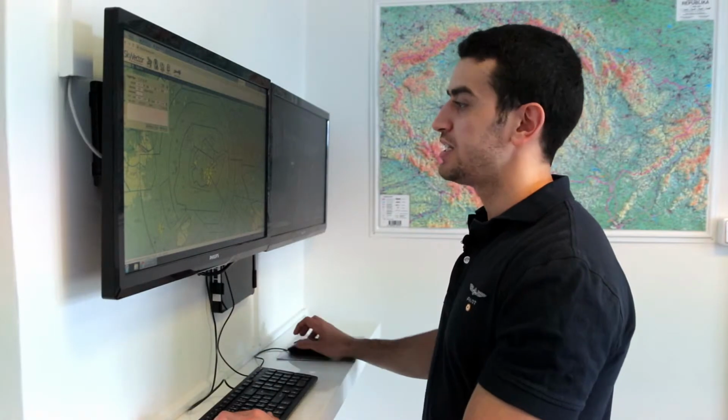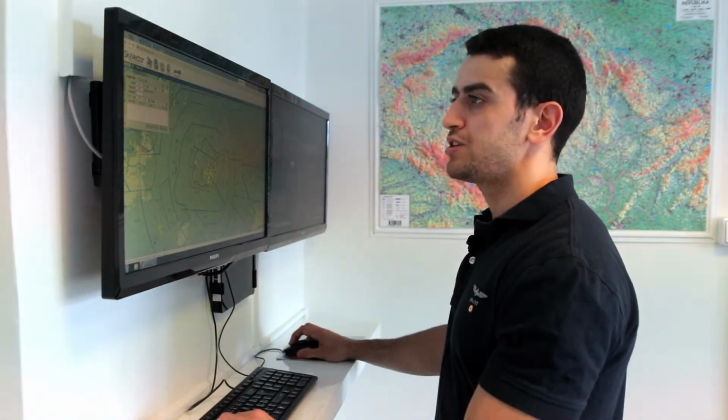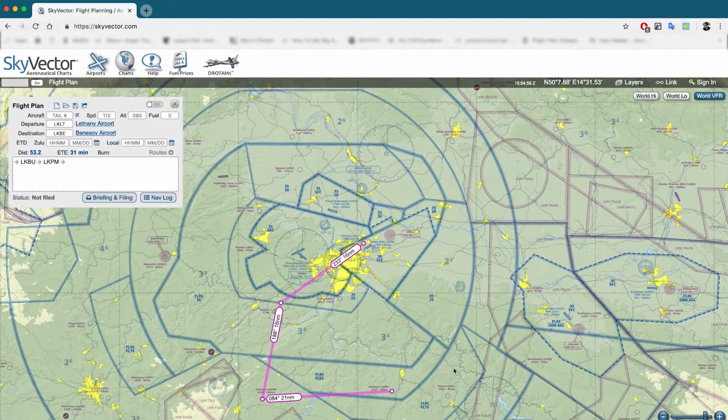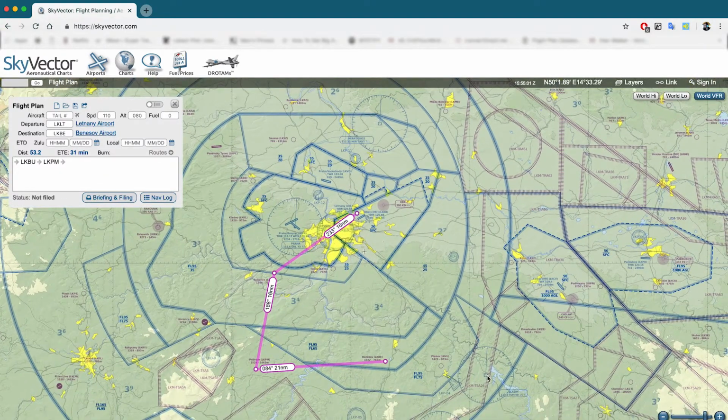Alright, so now we may proceed with the navigation log preparation. So we'll be departing from Lima Kilo Lima Tango, straight to the south to Bujovice, and then more to the south to Příbram, then to the east to Benešov, which is from where we'll be intercepting the radial to Vlašim,